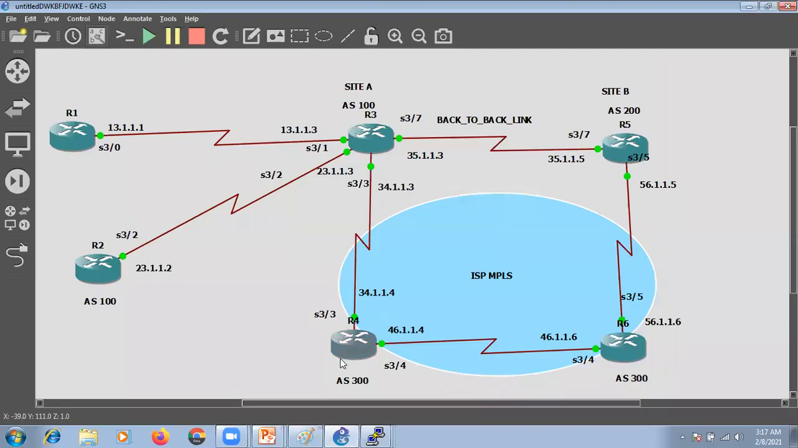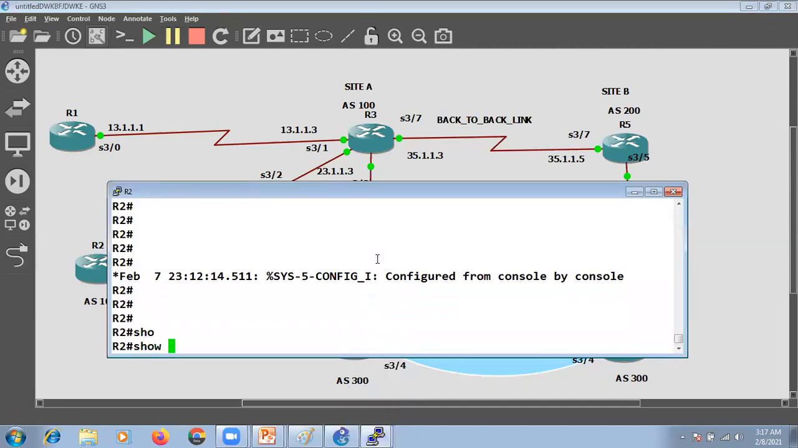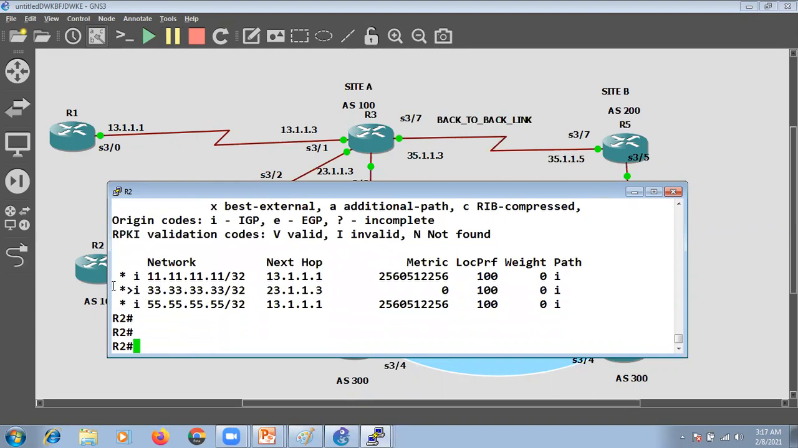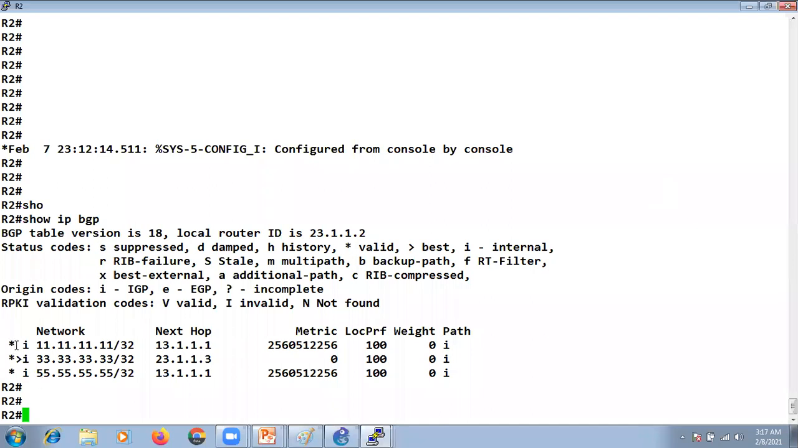So if I go to, let's say, R2, and check show ip bgp, I'm receiving 11.11.11 and 55.55.55, but you can see these routes are not best. If you see the star, these routes are valid, but there is no greater than sign in front of them, right? So it means that these are not best, and the reason behind this is because